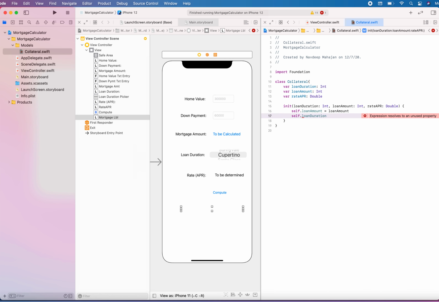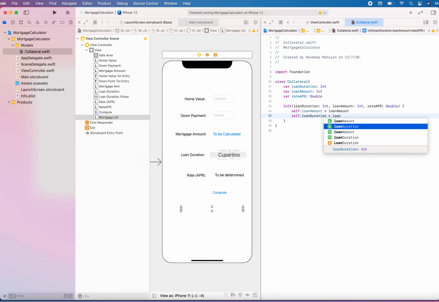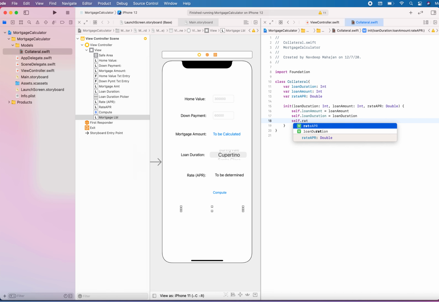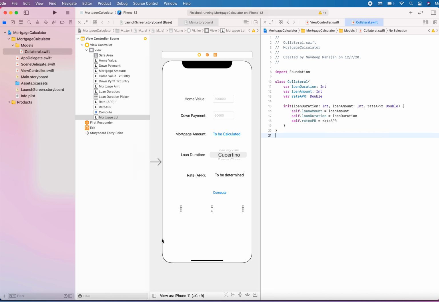And I need the loan duration. So let's go forward into the loan duration, and then I'm going to say rate APR equals the rate APR. Okay, done. We're done with the collateral class, which will have all the required attributes we need to compute the final